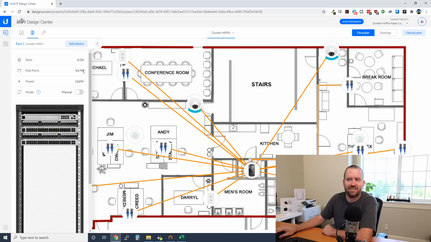We have 96 total PoE ports because I added 2 of the USW 48 PoE switches. These are the Gen 2 48-port switches. Now, we don't actually need 2 48-port switches. And in fact, if you turn this on manual, it's just going to take the number of links that you